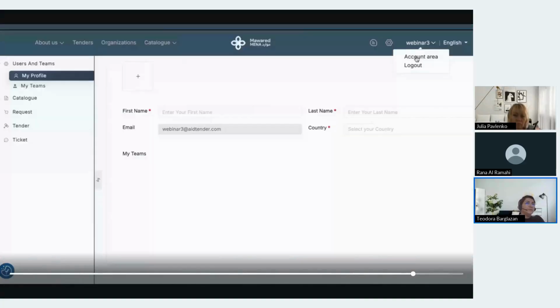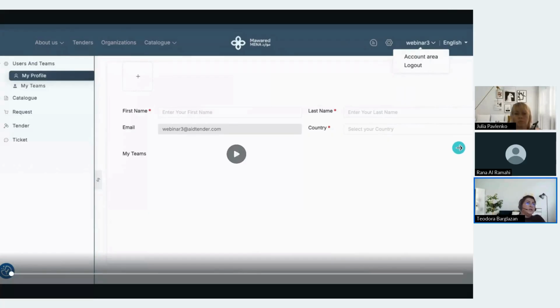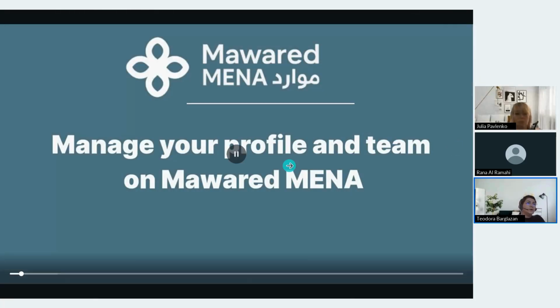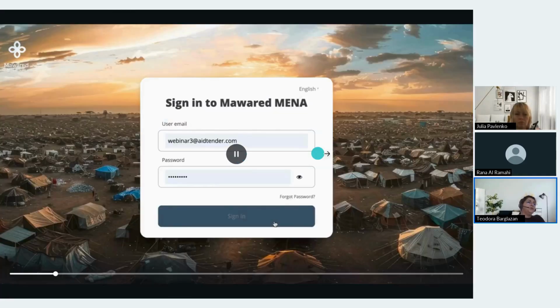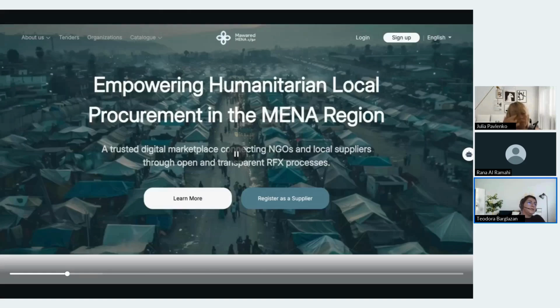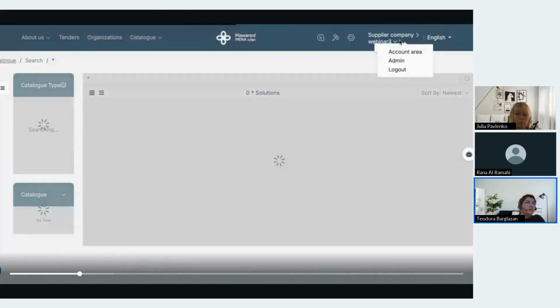Okay, which we see here. So you log in and you go to the account area. And in this section, you can further complete relevant information for us to do proper due diligence checks. So you see in this demo how we log in, go to account area,